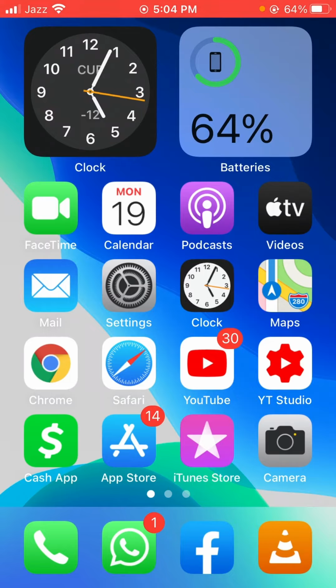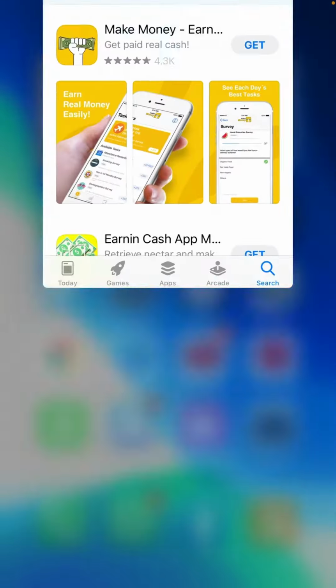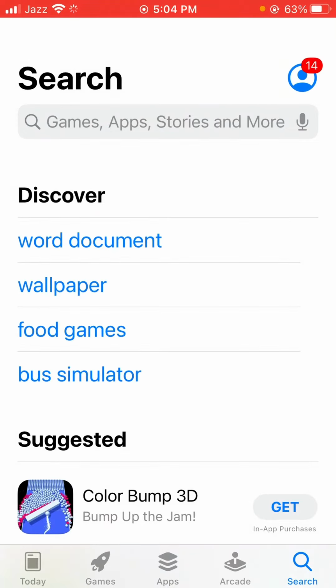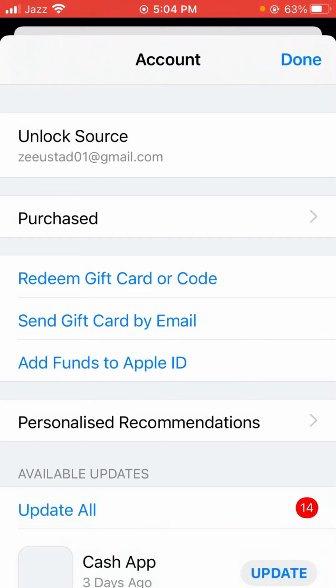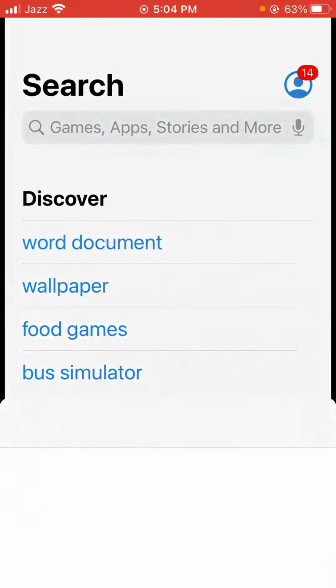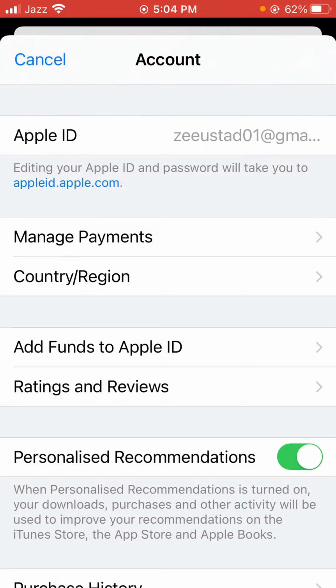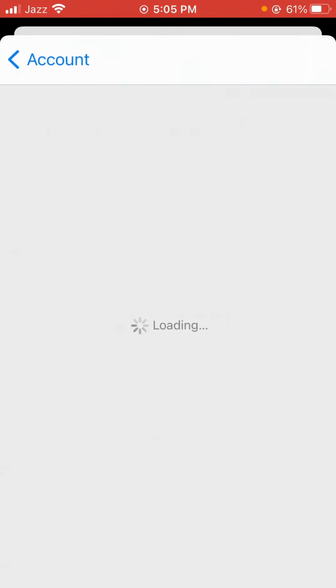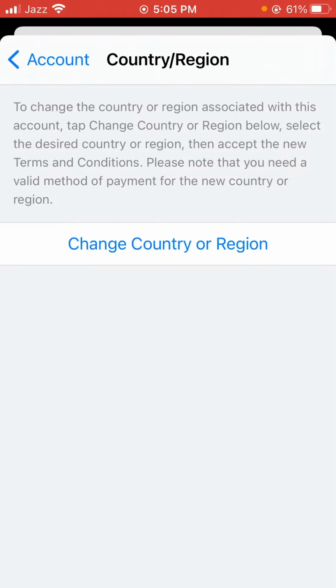First of all, again open App Store. Open it and tap on profile icon and tap on Apple ID profile. Here is the country region, tap it. Tap on change country region